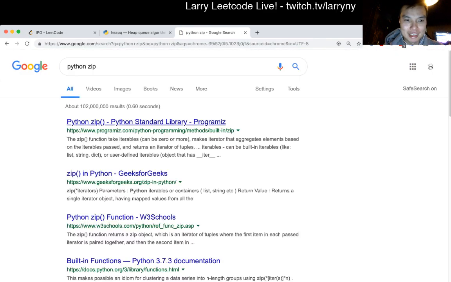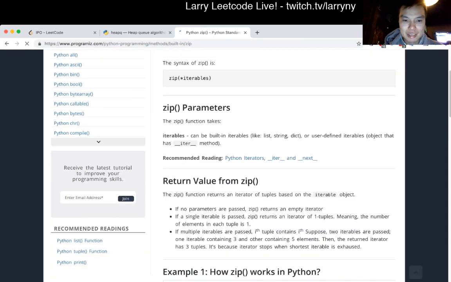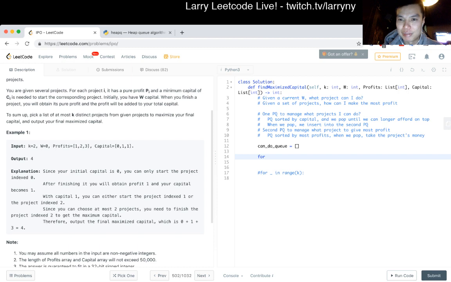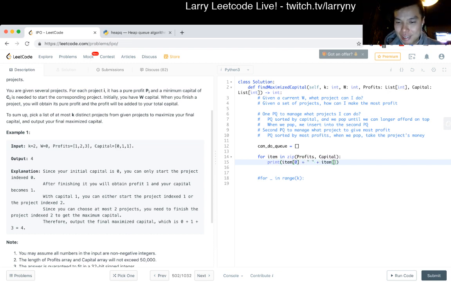Just want to double check the syntax. Okay, seems like that's what. So for item in zip profits, capital. Okay, let's just print this out first. It's been a while since I used these things.